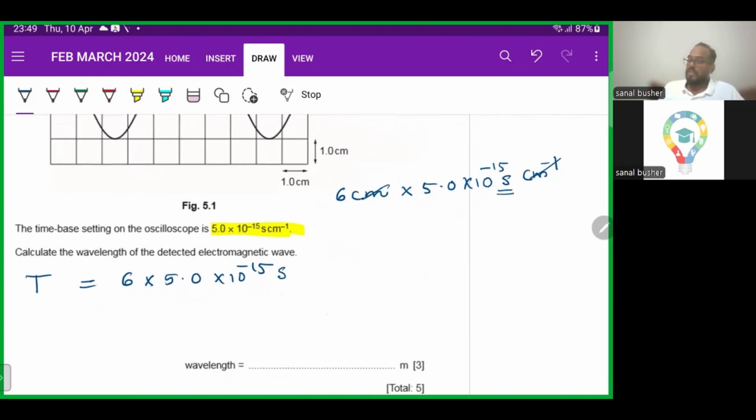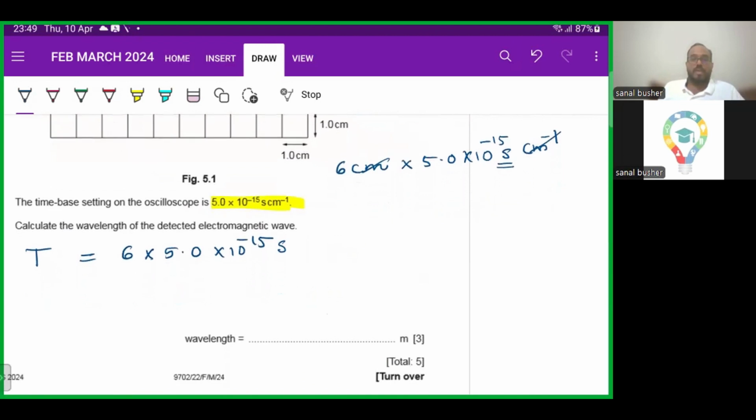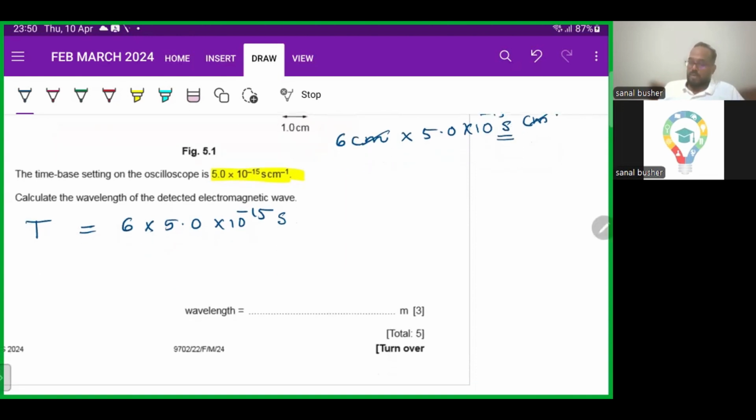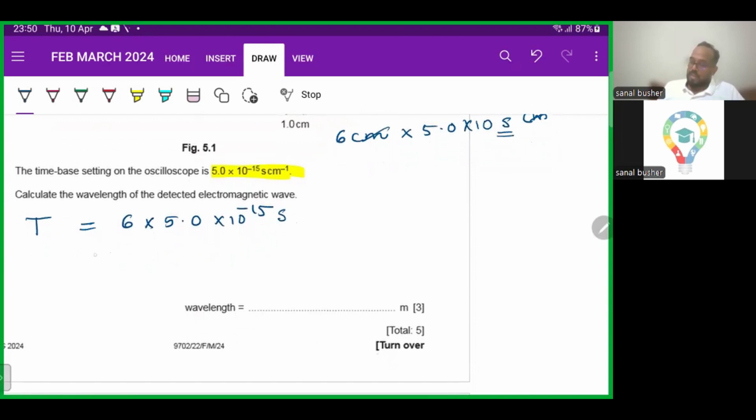I have seen this thing. Okay, this mistake has been made by a lot of students. So just keep in mind that you don't need to convert centimeter into meter, and check that. Okay, if you have confusion, you write it and check it. Got it? So time, when you put this in your calculator, you will get it as, one second,